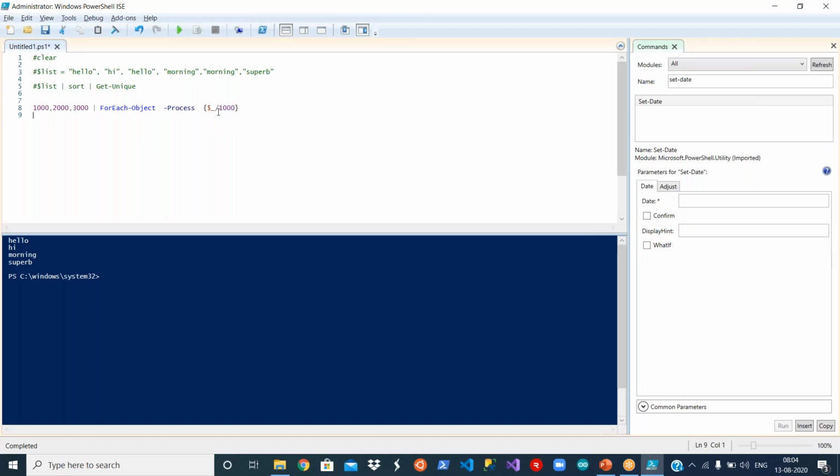Now, you understand what $_ is. Basically, $_ will refer to the first set of values before this pipe symbol. So that's the use of $_. If you don't have $_ available, then how do you loop through this?